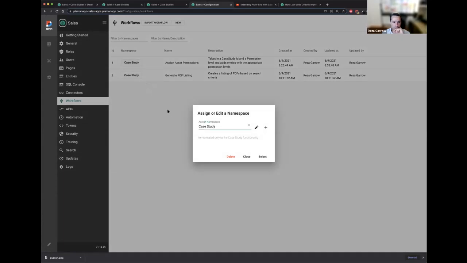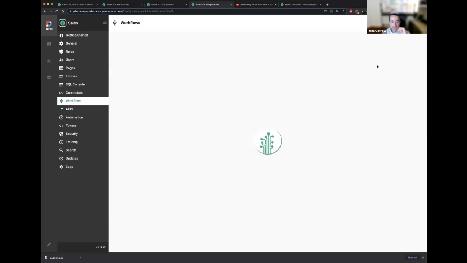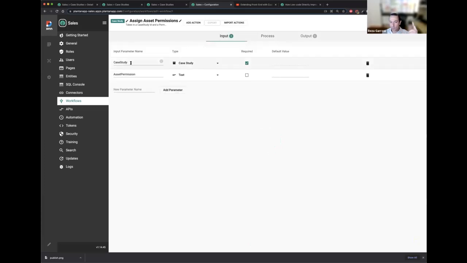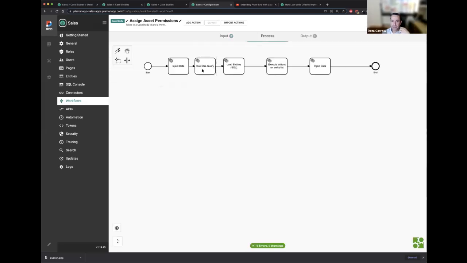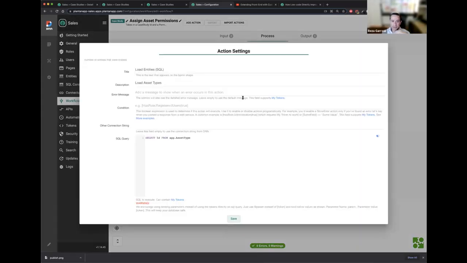And this workflow, you can see it's making use of our namespaces now. That is coming out in 14. And so this workflow basically takes in a couple of things. One, what's the ID of the case study, and what permission level do you want to assign, right? And so then it goes and fetches. Well, what it does first is it says, if I'm running this either for the first time or I want to sync up, go ahead and get rid of any entries that are in there, clears them all out. Then we load up an entity,